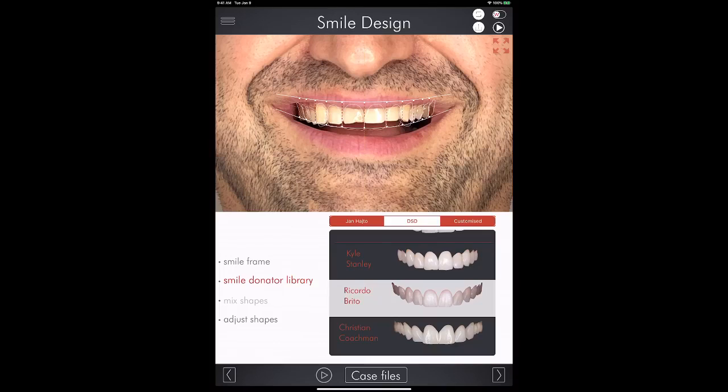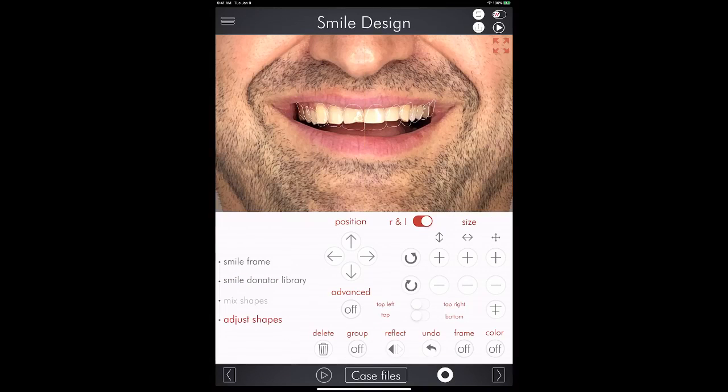Let's go with Ricardo Brito. That's the smile I designed for me, together with Angelo Rafael and Dr. Sergio Saraiva in the DSD lab in Brazil, in Rio de Janeiro. The veneers were produced and everything was done there. So I now have my template from Ricardo Brito. As you can see, the templates are a little bit different. So now I need to readjust my angulation because the smile was adjusted for Jacqueline, right? So I'm going to